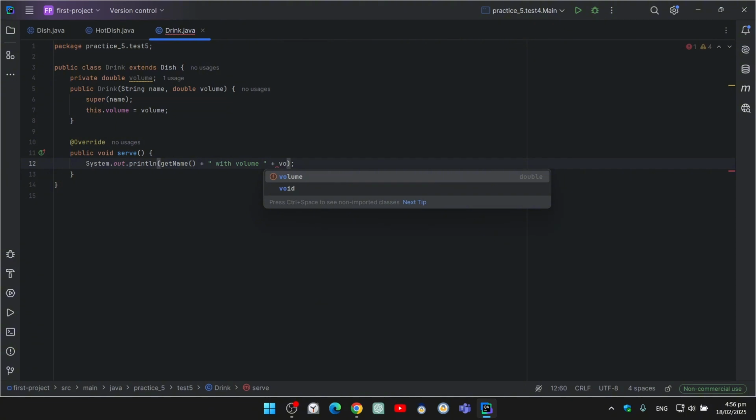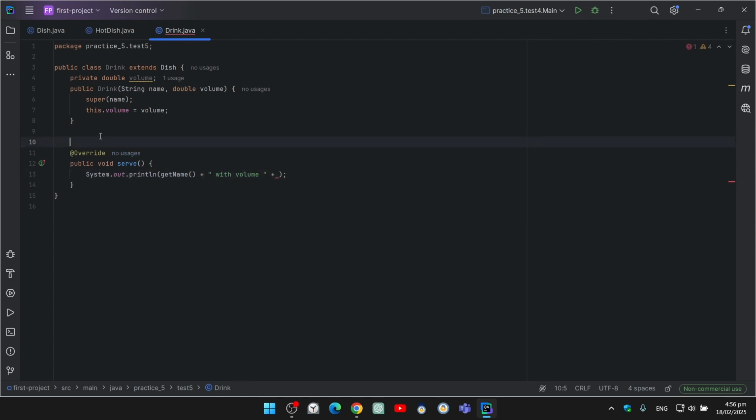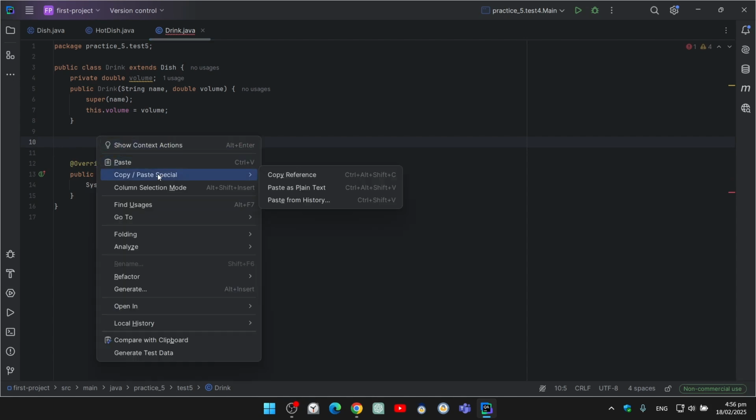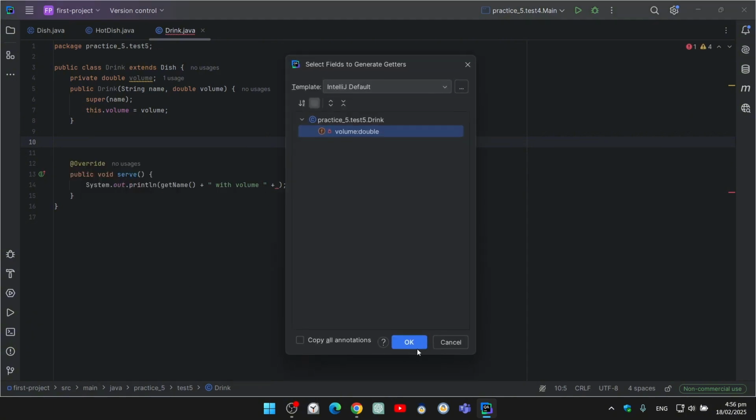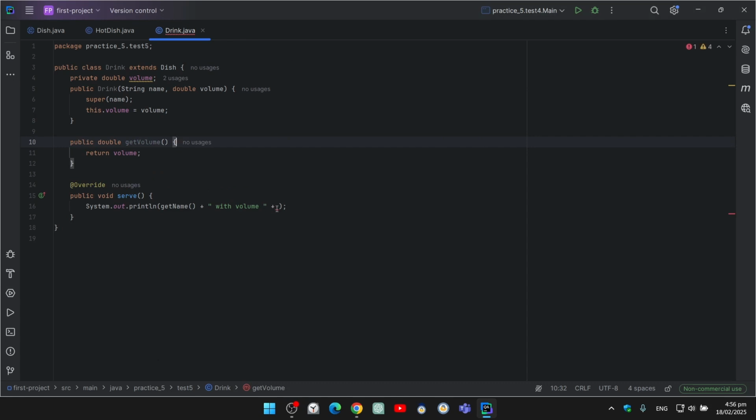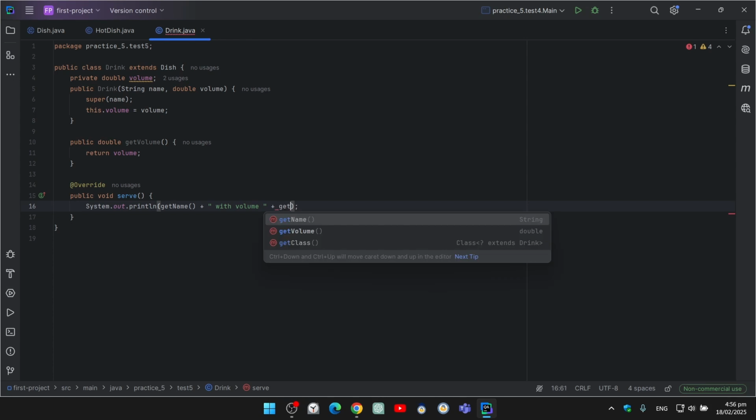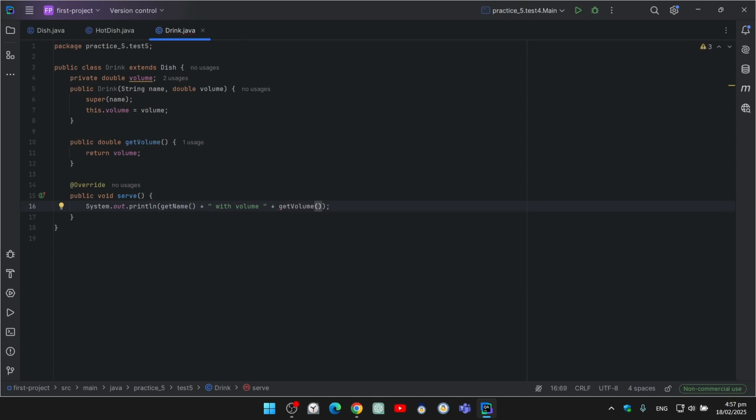You can directly access the volume because the private fields are accessible within a class. But let's create a getter for this as well, even though we could access the field volume without using a getter here, but let's follow the rules and implement a getter. So get volume,